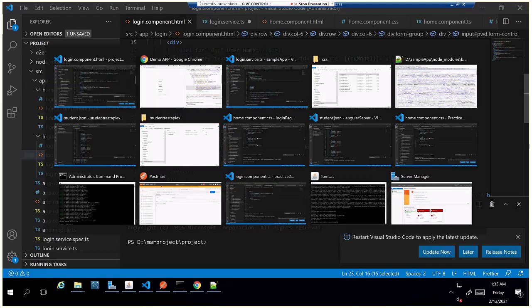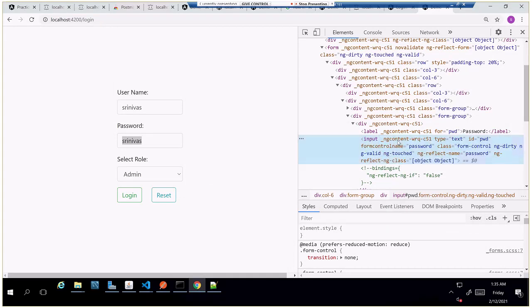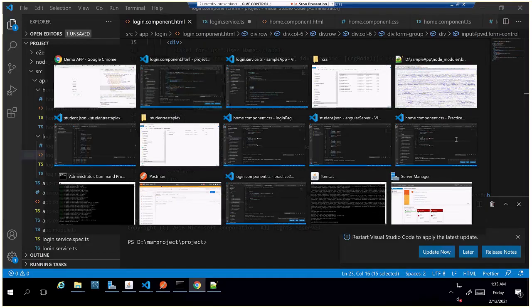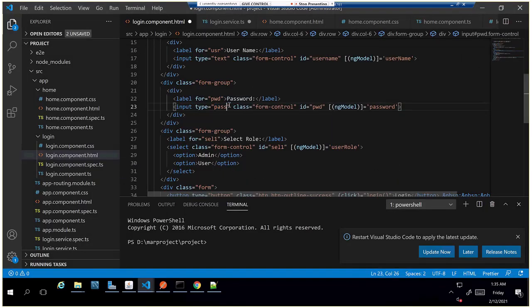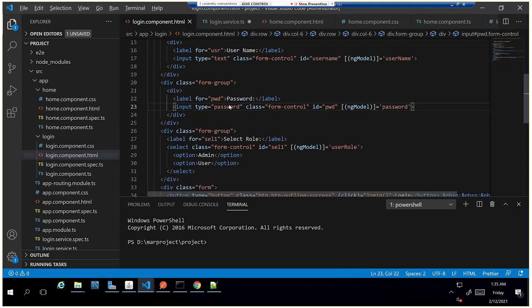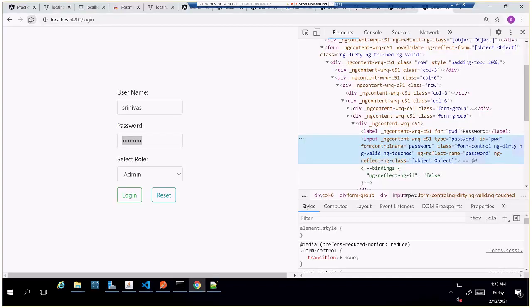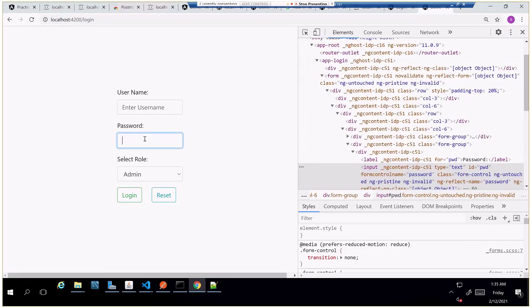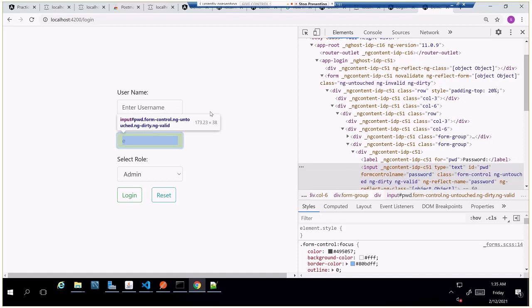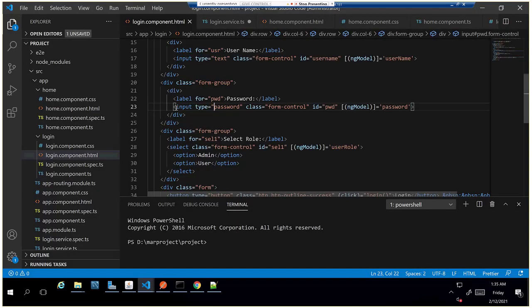I'll update here. It is taking it as text here. Yeah, the subject here has type as password. Then why is it not taking that? Wait, why did we go back to the model? Are you in the wrong class? Wait, go back. You're in the model class, Srinivas. You're supposed to be in the other one.